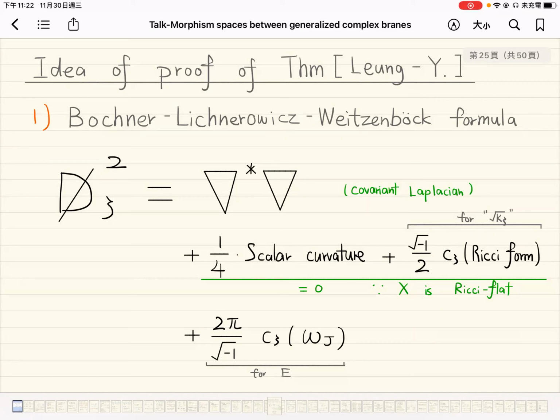and you have the triple action of the Ricci form. That corresponds to the square root of the canonical line bundle, because we're trying to compute the square of the spin C Dirac operator. And the difference between a spin C spinor bundle and the spin spinor bundle is the square root of the canonical line bundle. So you get this form, but this form is also 0 because X is hyperkähler. So we get rid of these two terms. Then we have the last term.